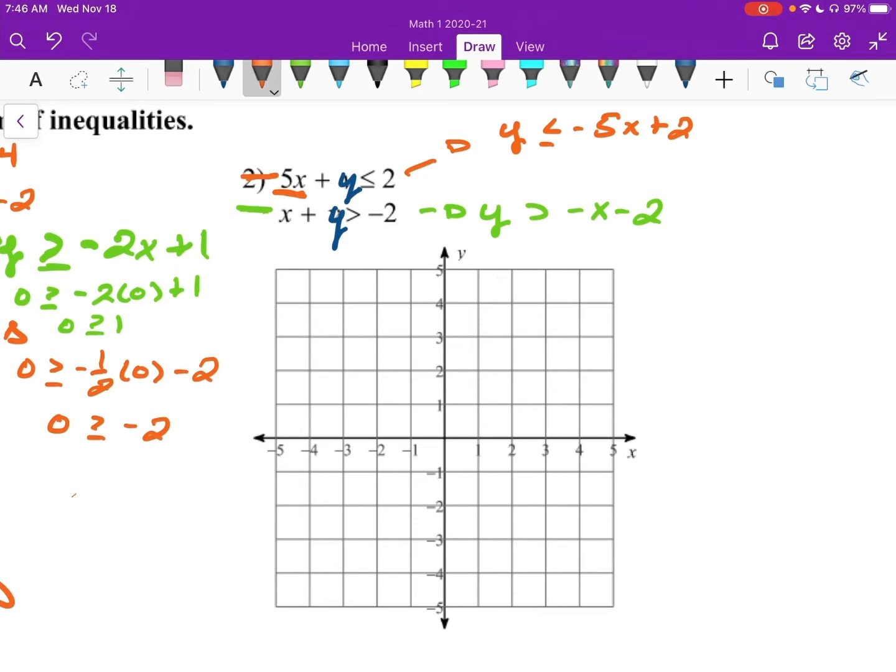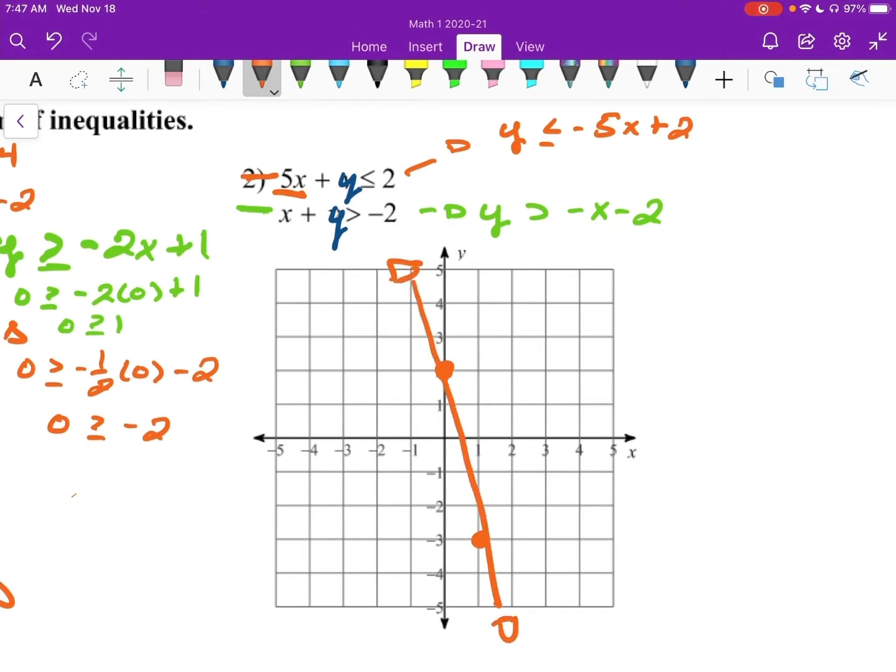I'll go back to the orange one. The orange one has an intercept of 2, and it has a slope of negative 5. So I'm going to go down 5 and right 1. And I'm not going to be able to do another point on there, so that's it. It's a solid line because it is less than or equal to,